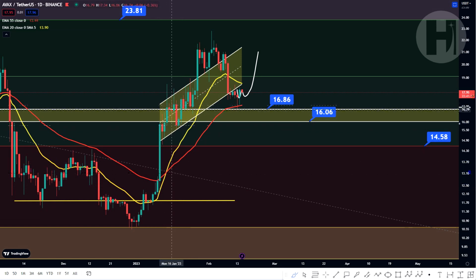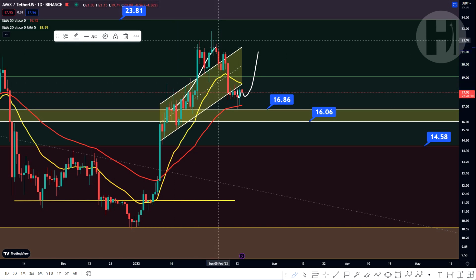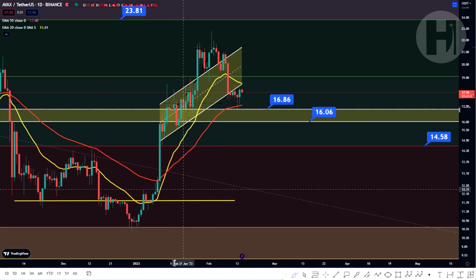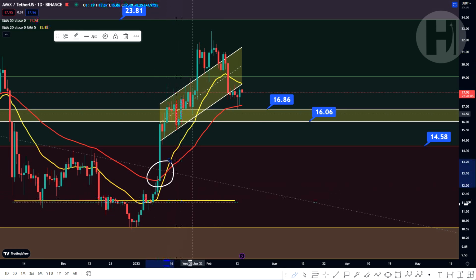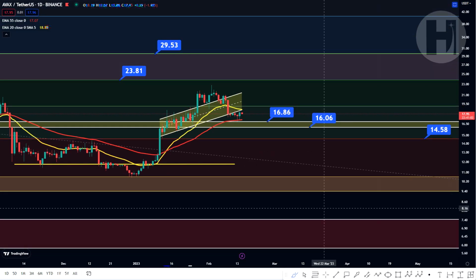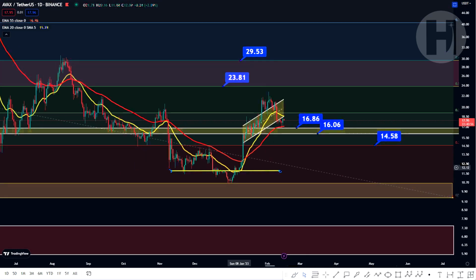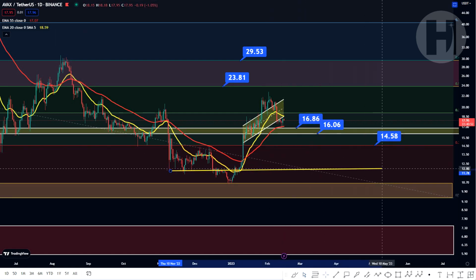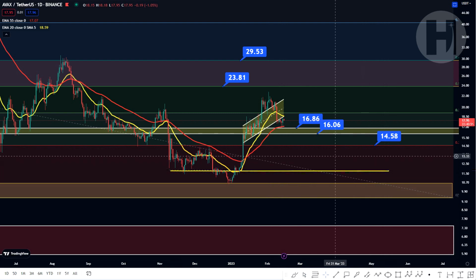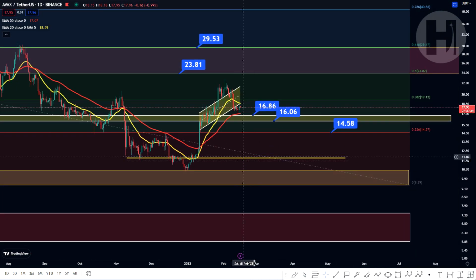So if you entered there, you could have taken profits at $21, $22 here, and that would have been a nice trade as well if this is your entry signal. But I would be more focused on the weekly bullish cross, especially on the Bitcoin chart. You also have a major support level all the way down here in case we do come down, right? You do need to be prepared for every scenario, for every flash crash, all the way down here at